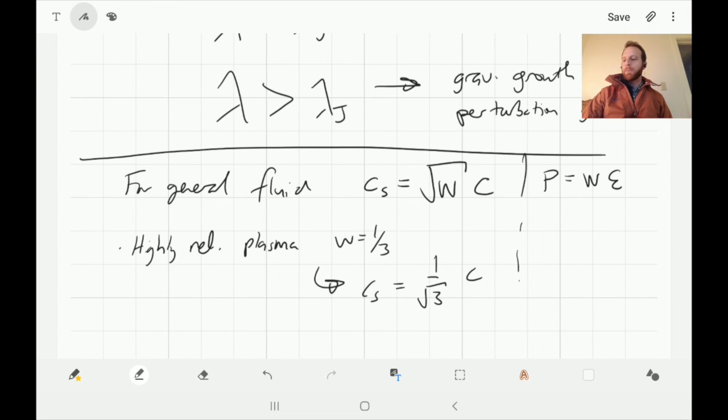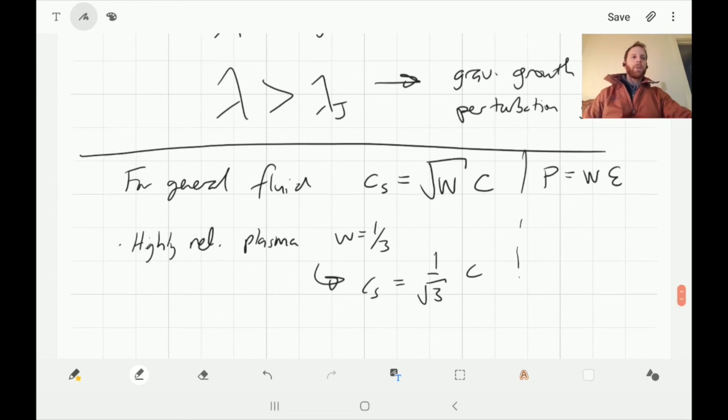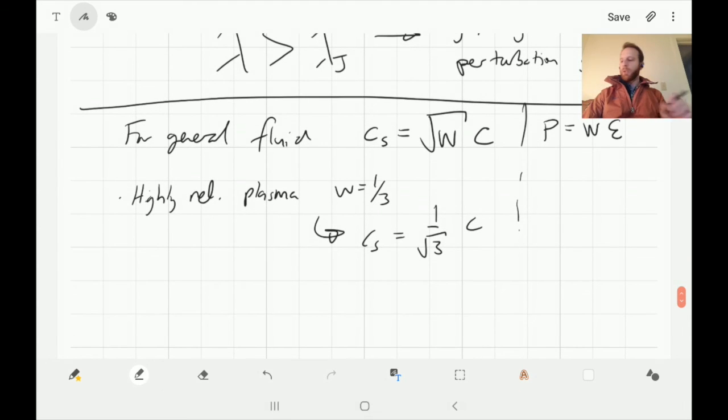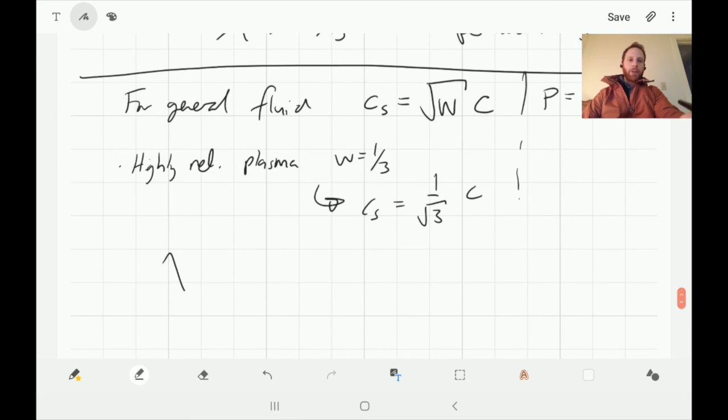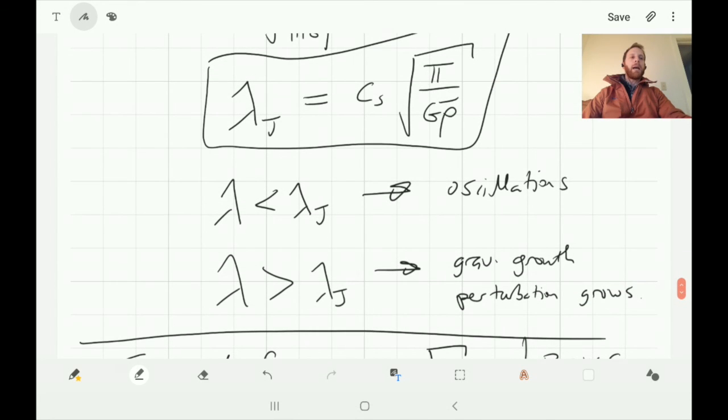So it's still pretty fast. Okay, so let's think about this then. Let's analyze what happens with this general fluid. Remember what I just wrote up above, that lambda J is given by the sound speed times the square root of